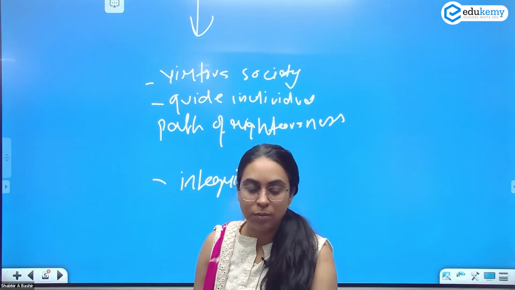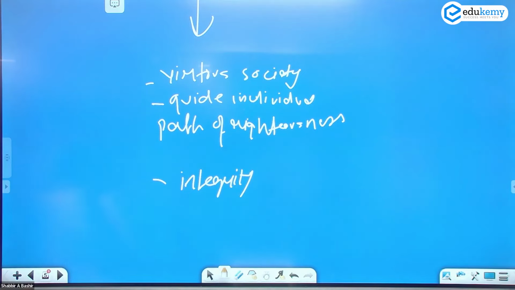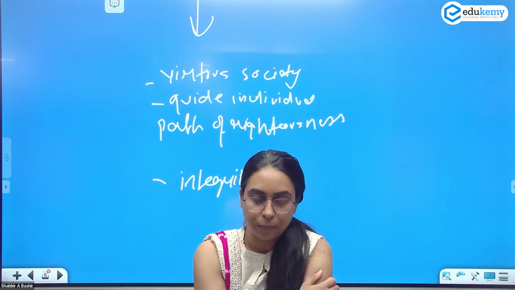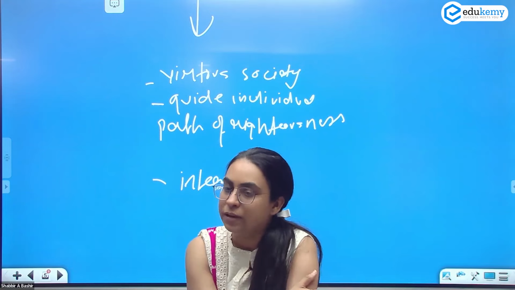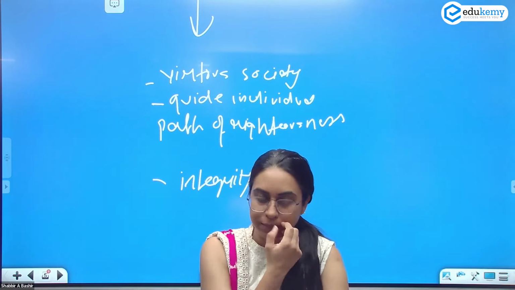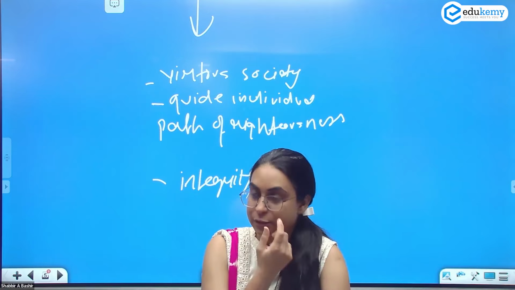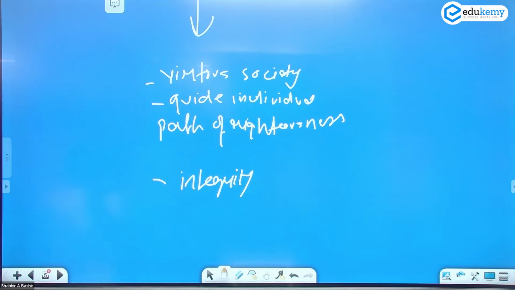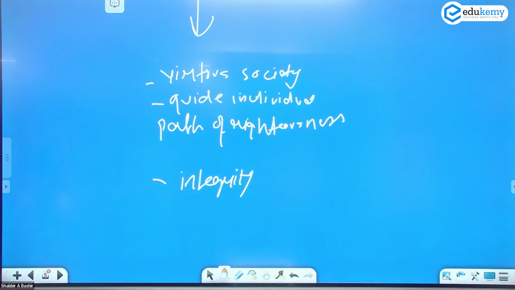Write down determinants of ethics. I'm just listing the determinants of ethics. First, religion. Second, society. From where do we understand ethics, right or wrong? Third, family or teachers. Fourth, law. Fifth, philosophy. Sixth, leadership. You learn a lot from leadership too. Next, experiences. Next, constitution. Next, morality. Next, conscience or intuition.